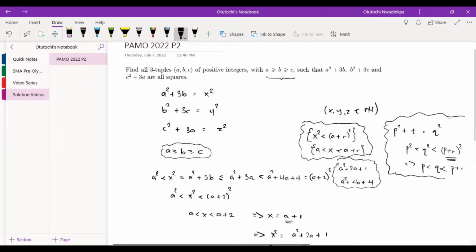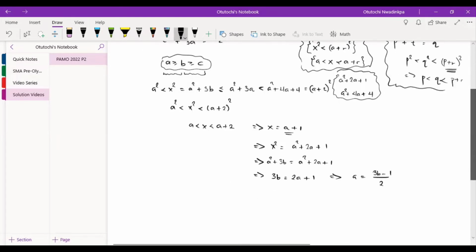So now, of course, we just used a greater than or equal to b in this case, and we still have b greater than or equal to c, right? Unfortunately we don't have c greater than or equal to a, it's the opposite, but b greater than or equal to c is very nice to have. So we can do something similar with that and say